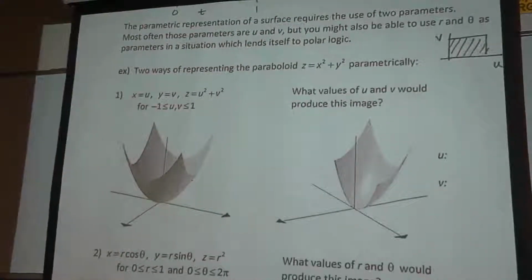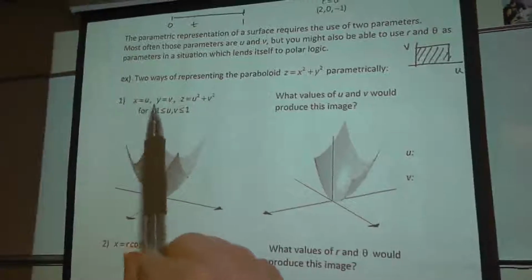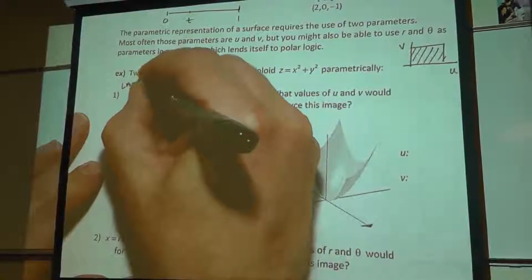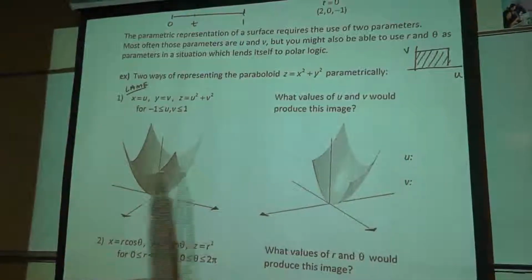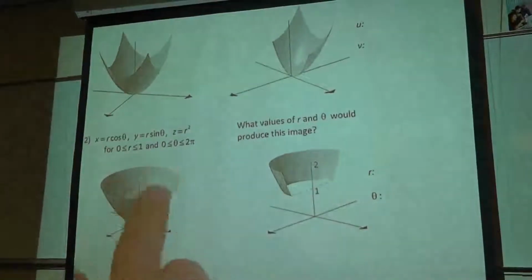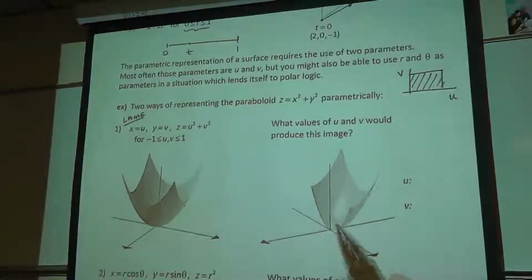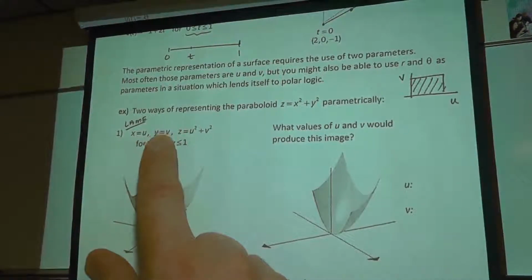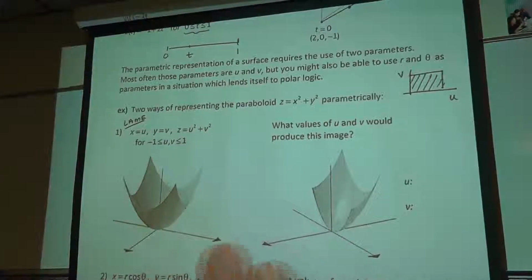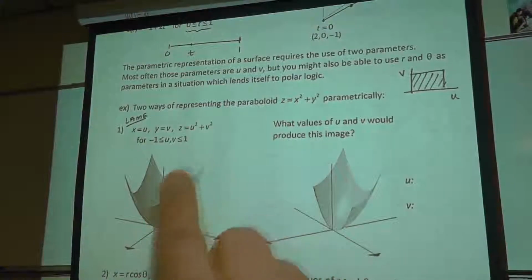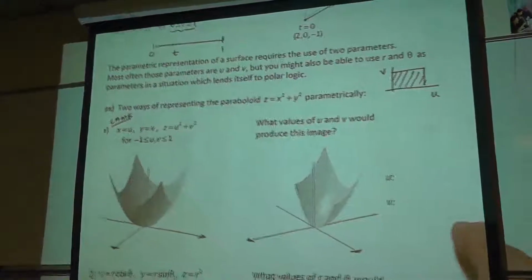The first parameterization that we used for the paraboloid was, again, I'll go ahead and actually write the word lame here, because it really is just kind of lame. I don't like these Batman wing effects, these bat cape effects on the side of the graph. I'd much rather see a paraboloid that has a circular cross section, because its horizontal cross section should be circles, or at least ellipses. But if this surface is generated by that parameterization, x equals u, y equals v, and z equals u squared plus v squared, just taking the equation of the paraboloid and plugging in x equals u and y equals v, then what values of u and v would produce this image right here?